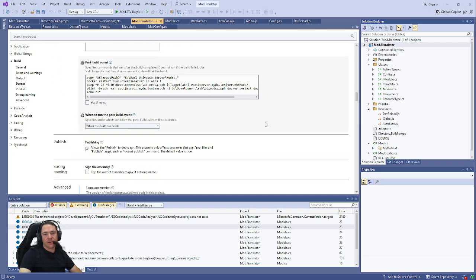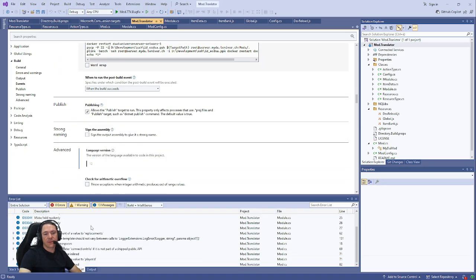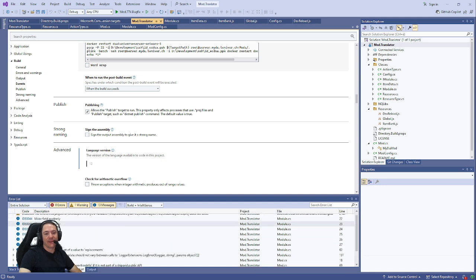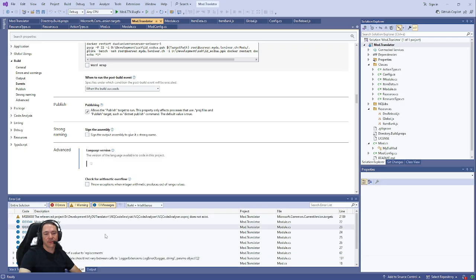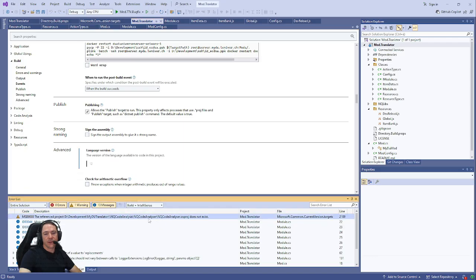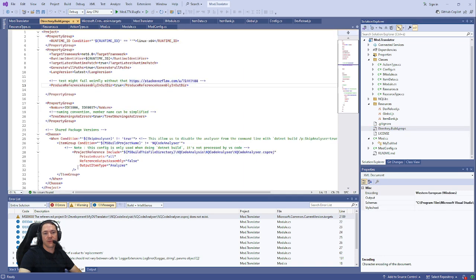So this is a good example of a bad thing. Normally in all my mods, I have nothing here, so I try to fix all those things. This is a mod example, so there is a lot of things that are not done. Also, if this mod has been copied from the NQ mod, they have an NQ code analyzer that we don't have. You can remove it if you want. If you go into the Directory.Build.props and remove that section,